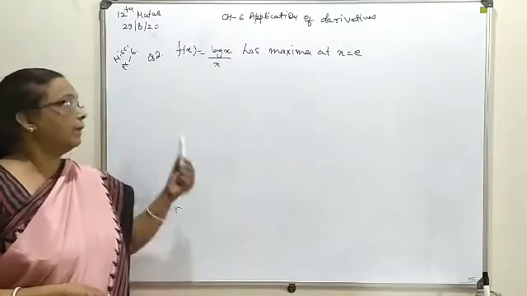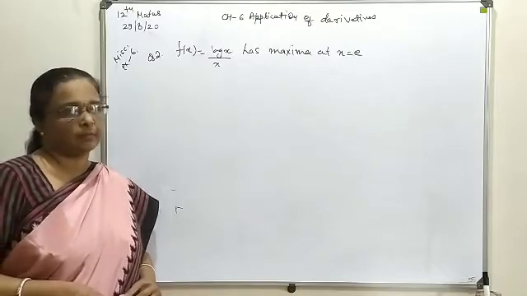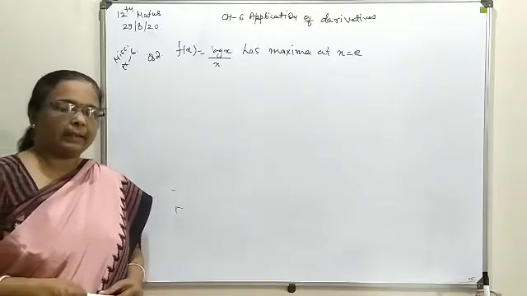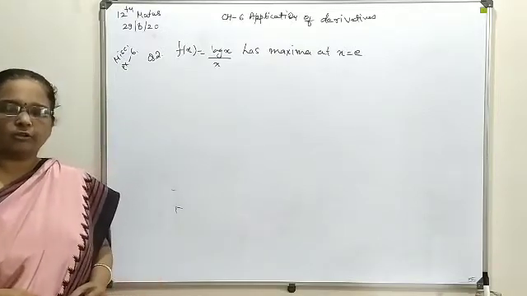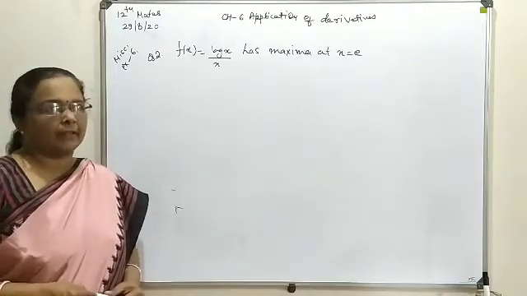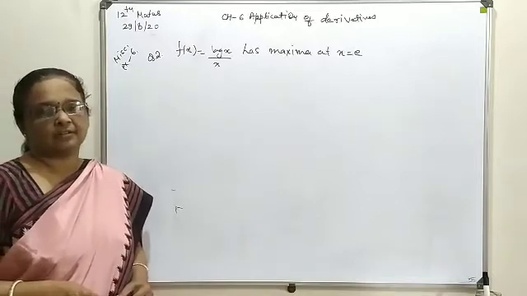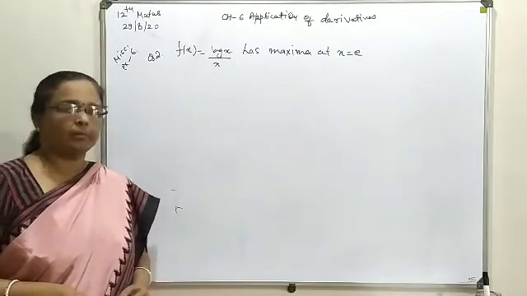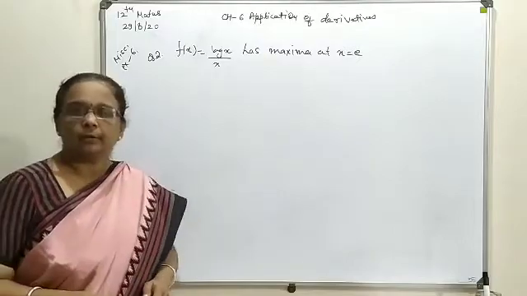First of all, as per the availability of the function, you will move for the first derivative, make your first derivative 0, find the x solution, and at that x solution you will find its second derivative. Check the sign of the second derivative at the derived value of x, positive or negative. If it is negative at the particular x, it will be maxima. If it is positive at the particular value of x, it will be minima. So the same steps we are going to implement for the given question.